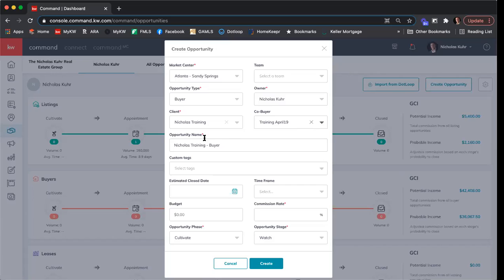Below that is opportunity name. And the opportunity name is going to be very important because it's going to help you, one, keep track of the opportunity, but it's also going to be helpful for the MCA office to keep track of all of the documents relating to this opportunity and any documents and checks that they receive in their office. So the way that they like to have their opportunities name set up would be the property address dash client name